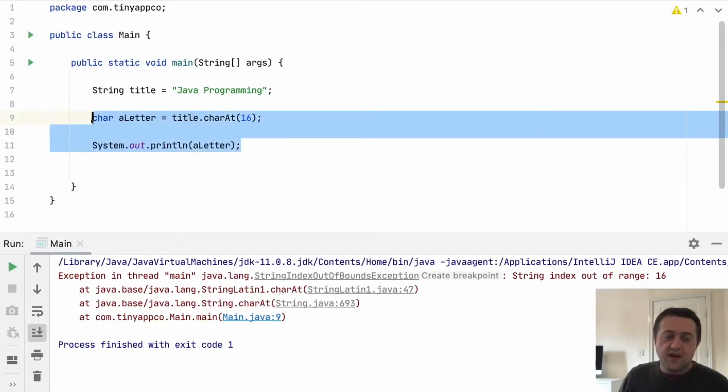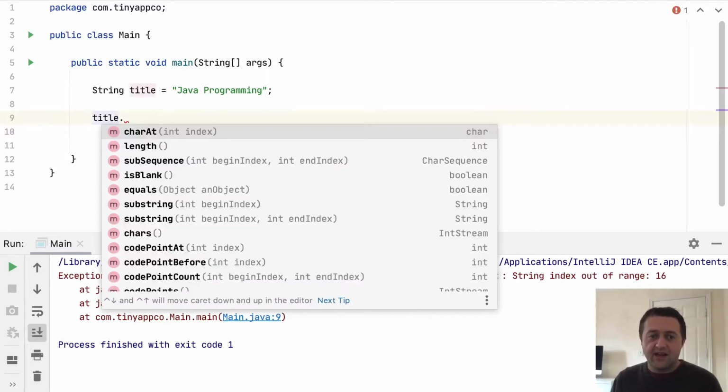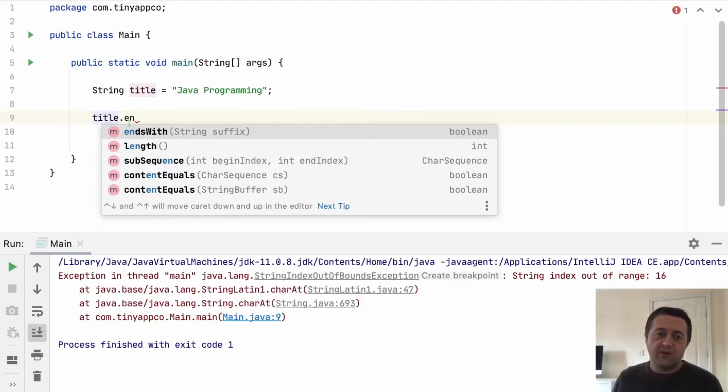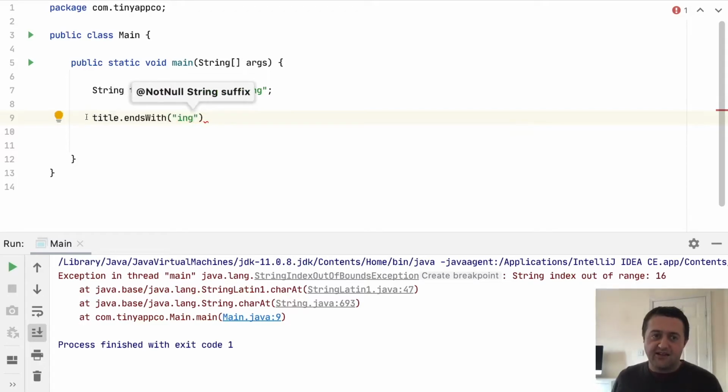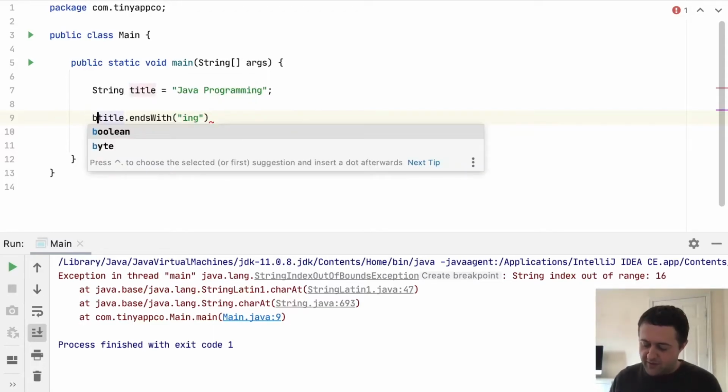So we want to find out if our string ends in something. We can do that. We can ask our string, again it's called title in this case, and there is a method called endsWith, and we need to provide this method with a parameter. In this case, the parameter we supply is a string that represents what we're looking for at the end of the string, and it returns a Boolean value, so it will give us a true or false. So we might say, does it end in "ing"? And then we might store that in a Boolean,